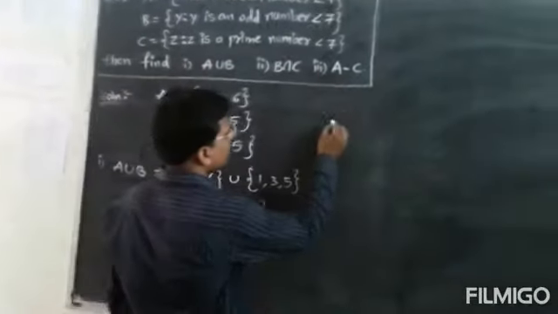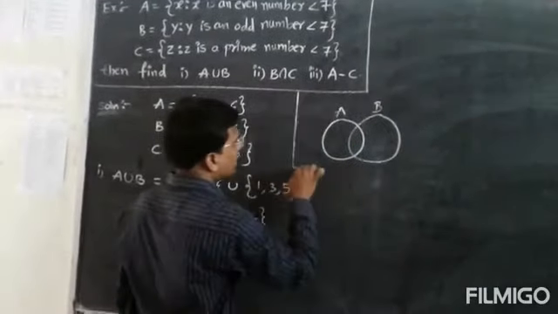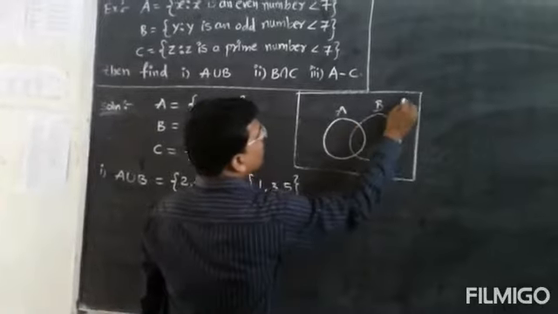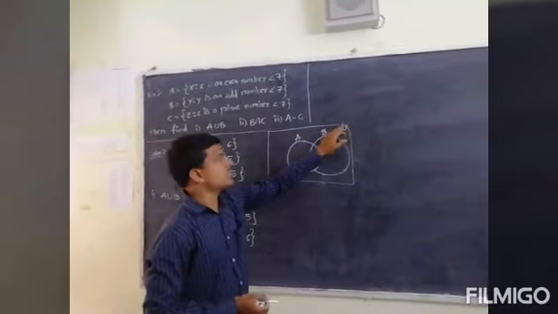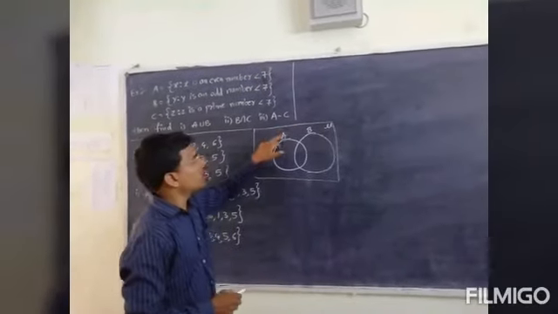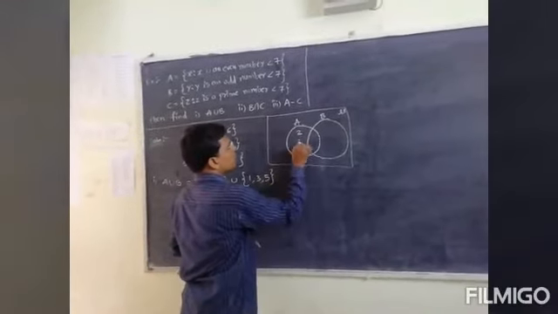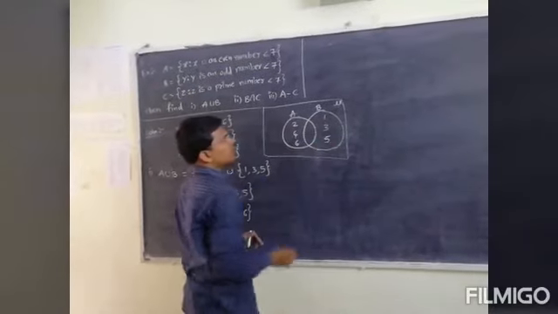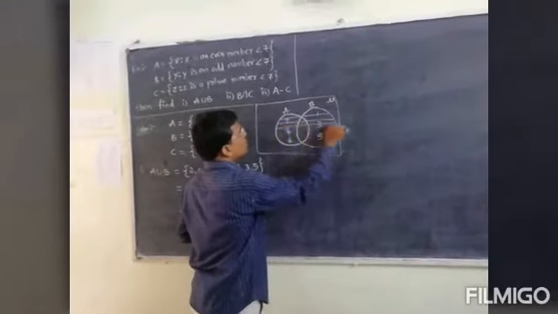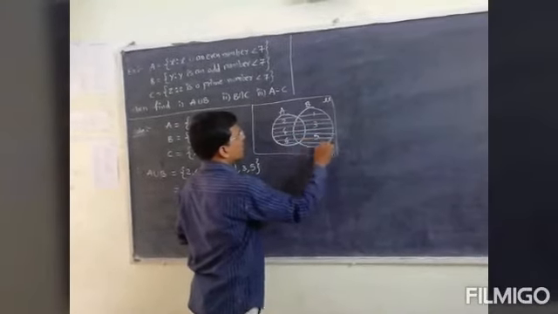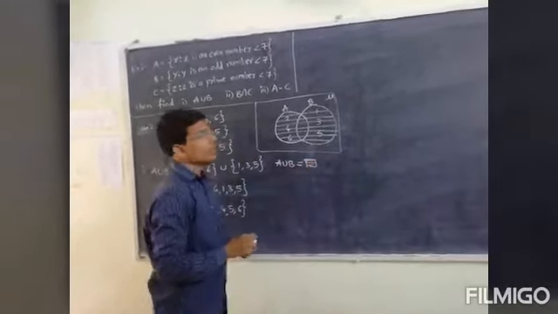And if you take the Venn diagram, this is set A and set B, and draw the rectangular box, that is mu. Some of you are not drawing this rectangular box. Please try to draw this rectangular box every time and try to represent the letters A, B and mu. Okay, so represent the elements 2, 4, 6, 1, 3, 5. Union means combination of 2 sets, so you shade the region of both sets A and B combined. You can represent here A union B is equal to the shaded region. Okay, next one.